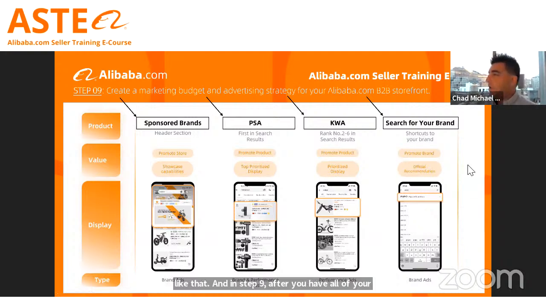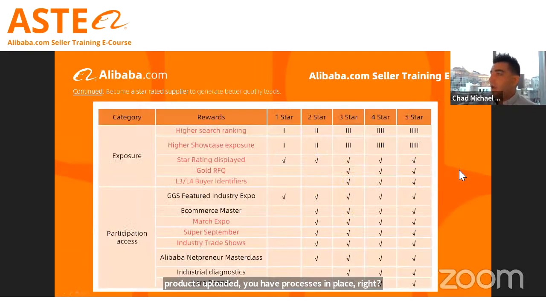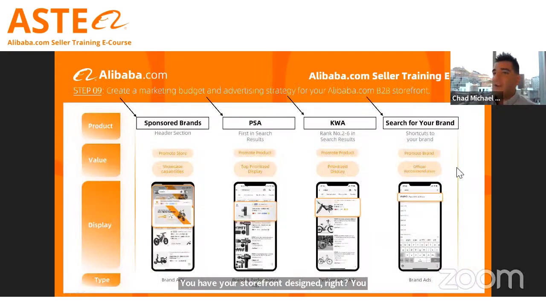You have your storefront designed, right? You understand how to get star rated. Then you're ready to start thinking about maybe some advertising spend. Let's go from a 2-star to a 4 or 5-star supplier, right? I just wanted to outline some of those options, but creating a marketing budget and advertising strategy for your Alibaba.com